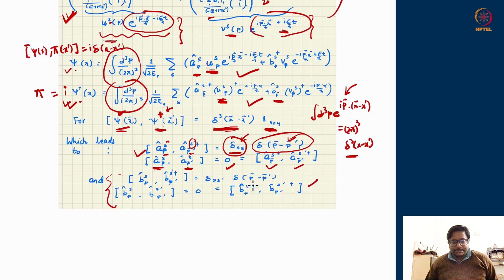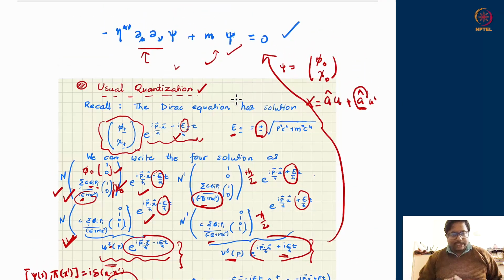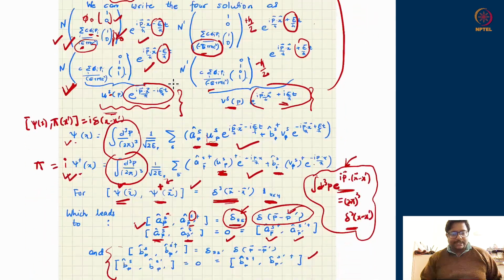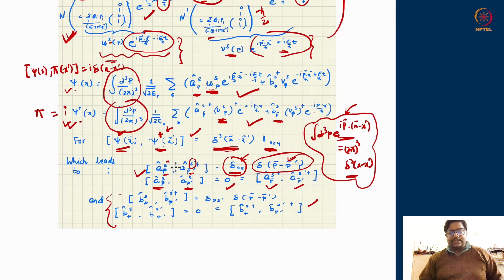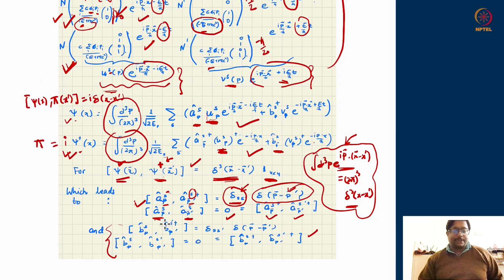They also have the same structure in order to get the good commutation relations, which come only from converting the double integral over p into a single integral over p with the delta function in hand. I should impose this kind of commutator structure on a and b, which is the usual commutator relation between oscillators. So this is nothing mysterious. The only thing is that we started with an oscillator kind of equation that has more than one component, therefore we are getting more than one operator set. But all of the sets are talking about oscillators, since psi talks about not one operator but really 8 operators.